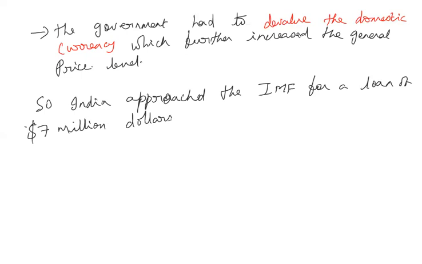So which was sanctioned to India under certain conditions. That condition is the government had to open up its doors for globalization as well as the public sector. All these were happening because of the inefficiency of the public sector. So the public sector had to be privatized. So that's the condition on which the International Monetary Fund has sanctioned the loans to the government of India.